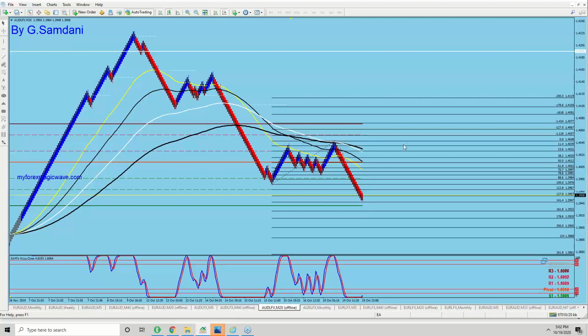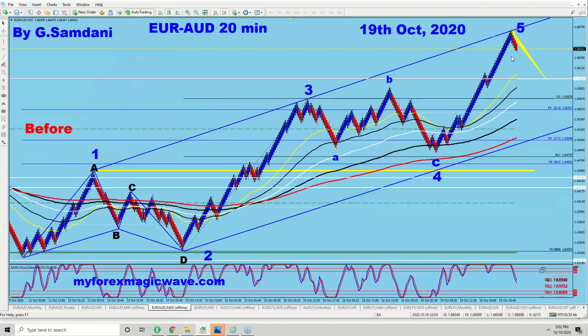If we get stopped here and then start to move up, then my scenario is good. So what we're going to do is let it go up here and then drop, A and then B. And going up there, we may see later on, somewhere here, a short setup. If it ranges here a little bit, it goes like this, and then the wave will go up and the price will come down, and then somewhere here maybe we'll get a short setup that we can take tomorrow to the downside to finish wave A. Then it will go up for wave B or 2, and comes down for wave 3 or C, and we will have